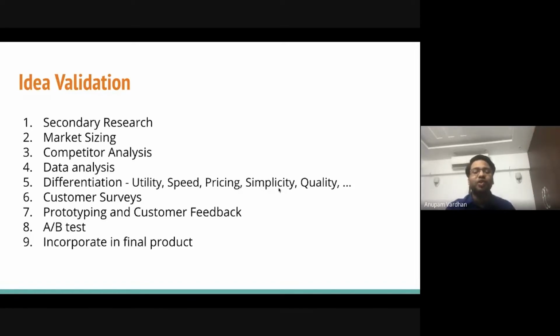Simplicity. In WhatsApp's case, WhatsApp is a replacement for SMS. You folks may not exchange a lot of SMSs now. But when I was a teenager, at that point we didn't have WhatsApp, and all of our messaging activity used to take place over SMS. So WhatsApp just made the SMS experience very simple and easy. And then you have quality of the product as well. Can you build a product which is more reliable than the competition, right? So these are the aspects where you can compete with your competition and outperform them.